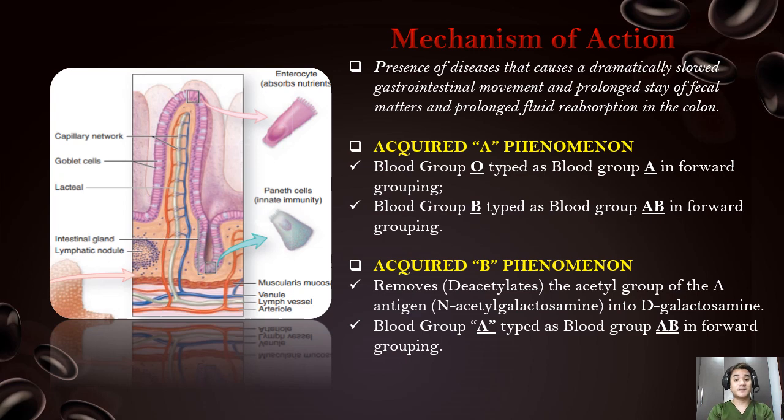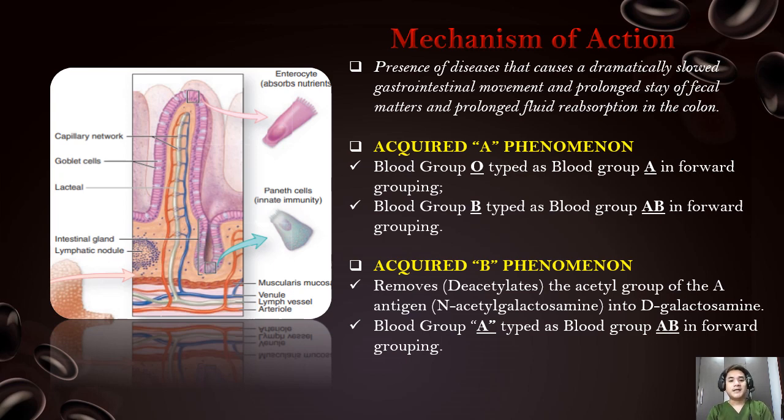deacetylates or removes the acetyl group from your N-acetyl galactosamine, converting it into D-galactosamine, which is biochemically similar to your D-galactose. And this modification will now be carried by your erythrocyte membranes. However, it will not be targeted by your cytotoxic cells via your B antibodies, since it will not be recognized as non-self. And in blood banks, it normally causes a weak or mixed field agglutination reaction with your anti-B sera in the